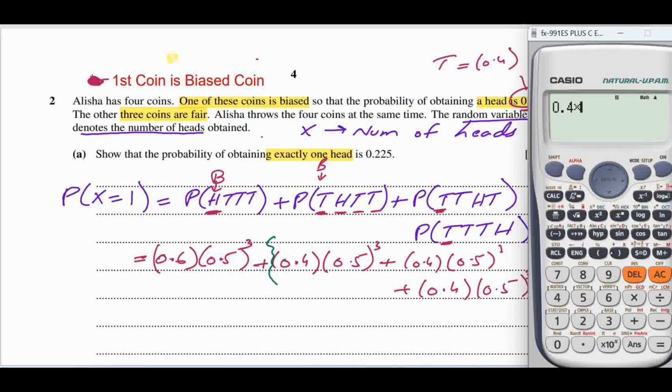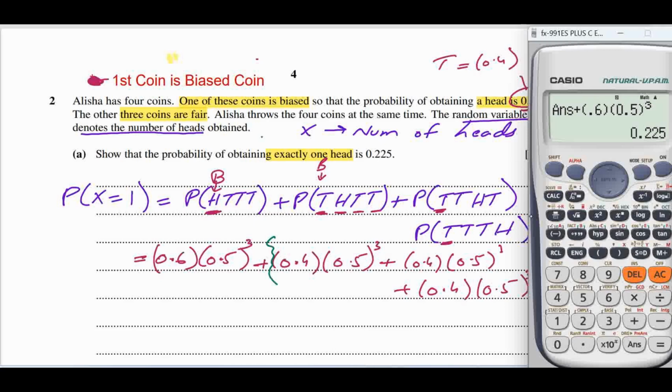0.4 मल्टीप्लाई बाय 0.5 होल क्यूब। इसका जो आंसर आ रहा है इसको मैं मल्टीप्लाई बाय 3 कर दूं तो इस ग्रीन ब्रैकेट का आंसर आ गया। देन प्लस 0.6 इंटू 0.5 क्यूब, so this will be equals to